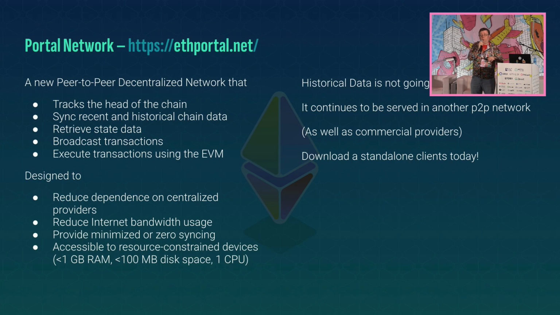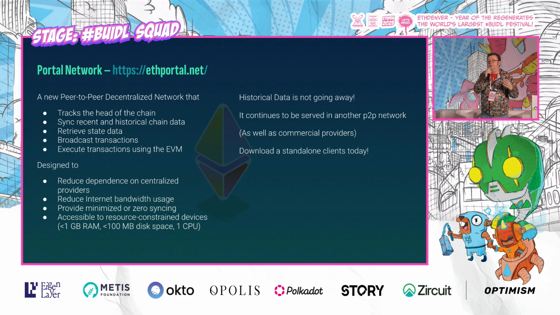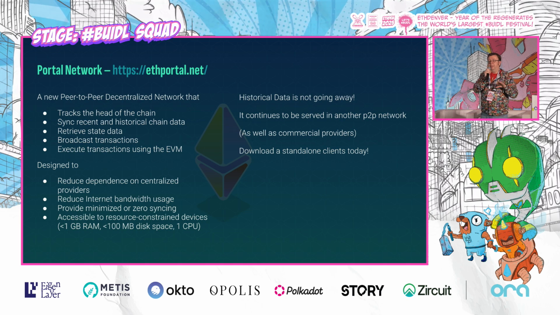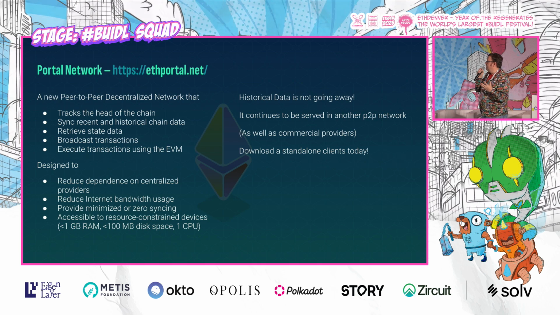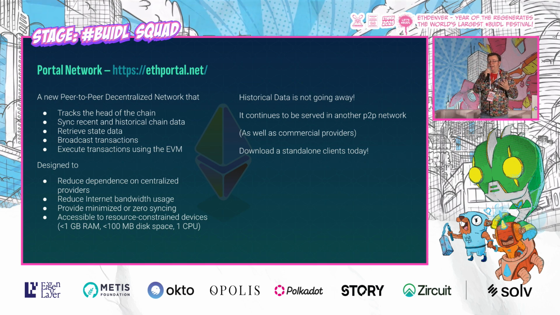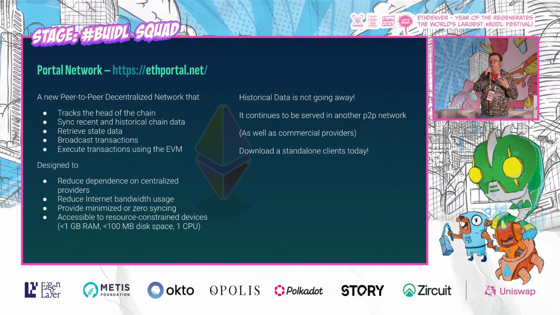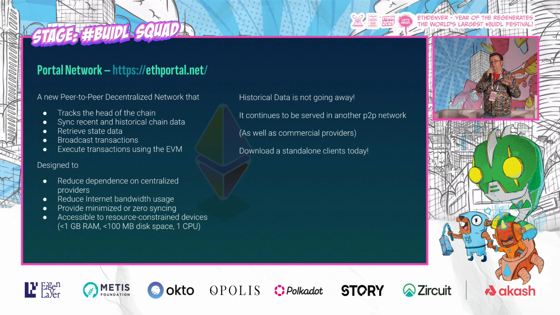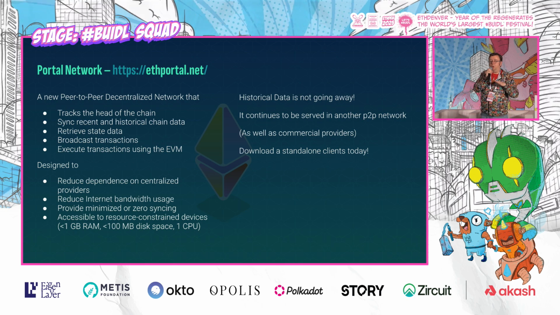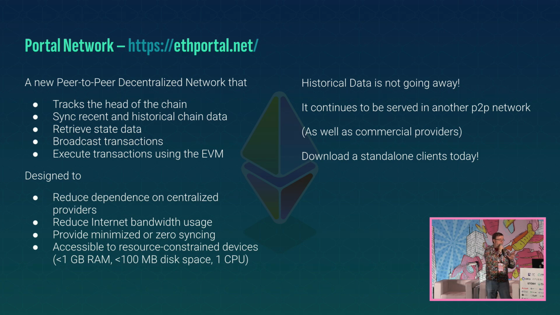Another thing that deserves its own 20-minute talk is something that Piper Merriam's been working on called the Portal Network. The Portal Network is going to keep all of this history for you in a separate peer-to-peer network with separate cryptographic incentives, and it's going to make sure that this data is still available. And it stores more than just the block history. It's going to store the state history, it's going to broadcast transactions, and it's designed to support light client execution, real light client execution, the sort of stuff that we are looking for witnesses, except you're not going to need witnesses. So if you access the Portal Network, you can execute some of your transactions without having to download an entire blockchain. There's a whole raft of clients and everything that you can look up if you go to their site, ethportal.net. But like I said, it's an entire 20-minute talk in its own right.